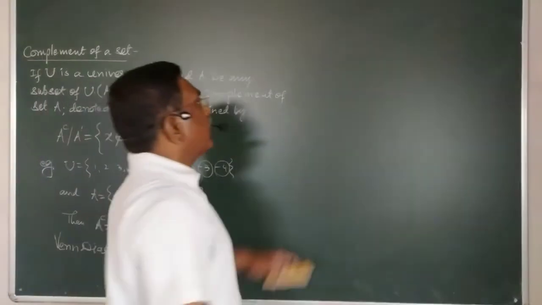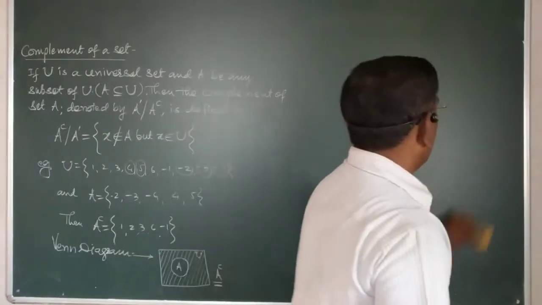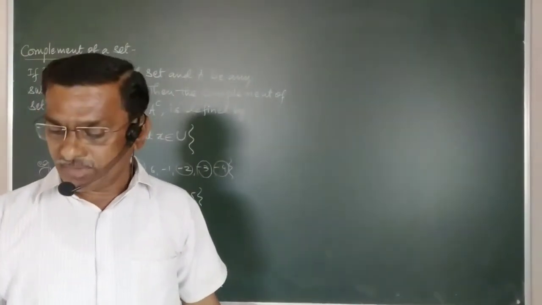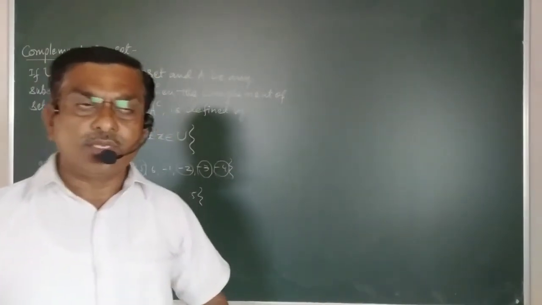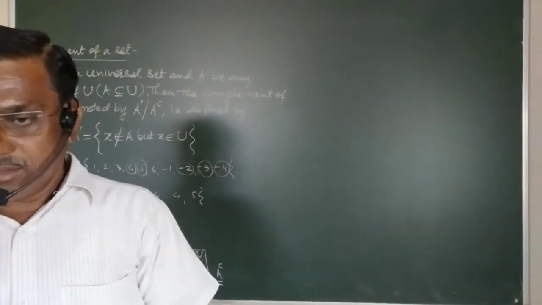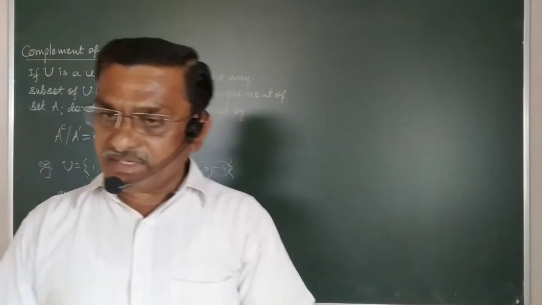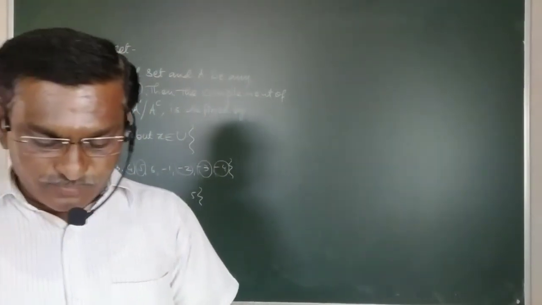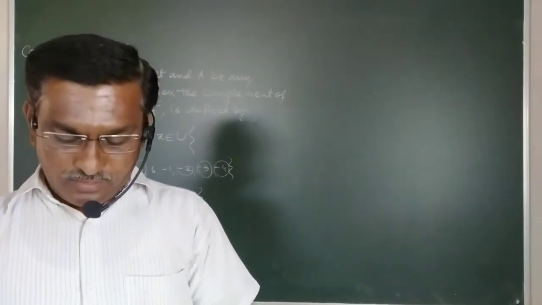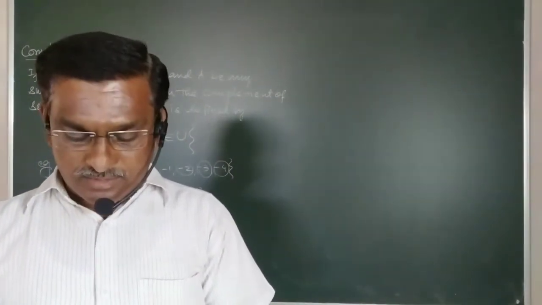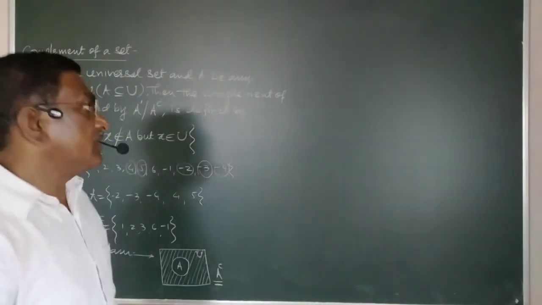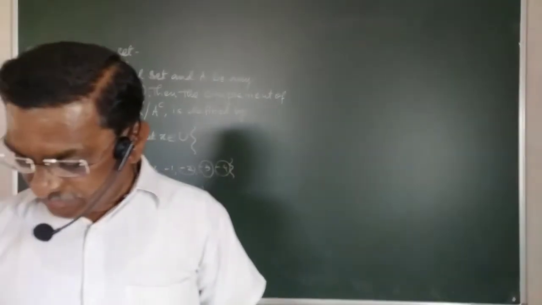Now, let me go for the examples on all these operations. How many operations have we had up till now? We have learned, I think, 5 operations. First is union, second is intersection, third is set difference A minus B, fourth is B minus A, which is again the third one and again the fourth one. Next is symmetric difference and complement. Therefore, let us go for examples over these.